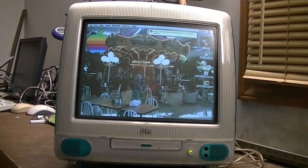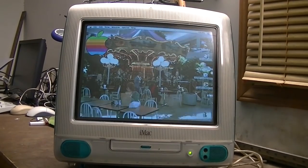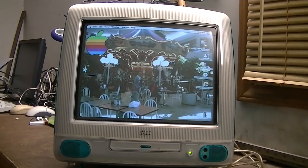okay, QuickTime error there. Believe it or not, I'm noticing the clock is still working, but that's probably because when I got this computer I replaced the PRAM battery in it. So that's good to go. But wait a minute, let me just check. Okay, it's actually 5 minutes off,